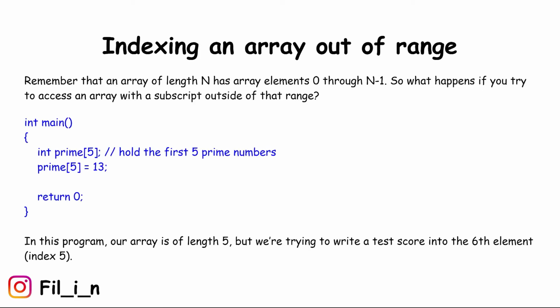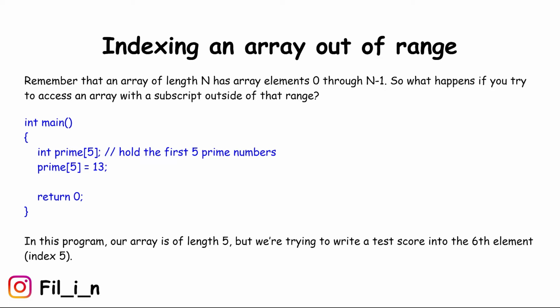Remember that an array of length n has array elements 0 through n-1. So what happens if you try to access an array with a subscript outside of that range? int main() { int prime[5]; // hold the first 5 prime numbers prime[5] = 13; return 0; }